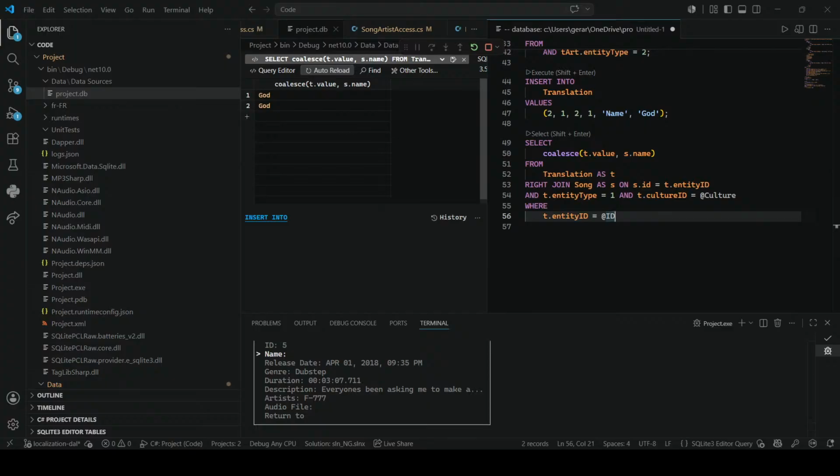I mean, yeah, if you wanted to do it all through SQL, you could still just do a very simple